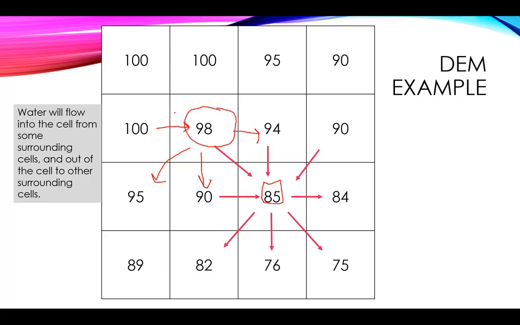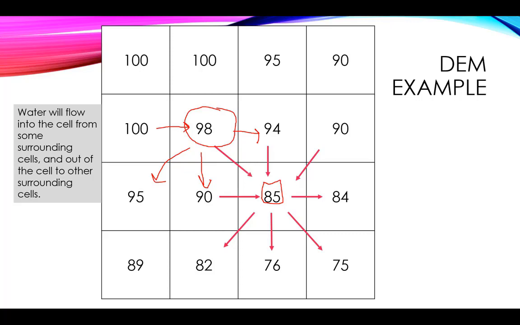And again, intuitively, you understand that the greater the difference in numbers, the greater the slope, and the faster the water is going to run. And so there's lots of models built into the algorithm. And so this is something that would be more appropriate for a soils class,